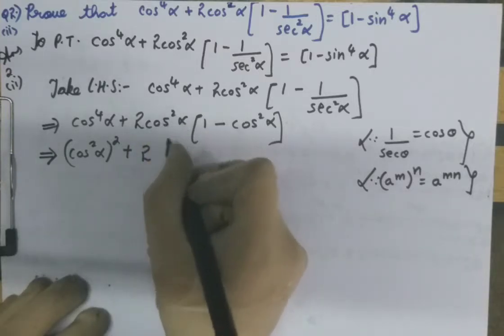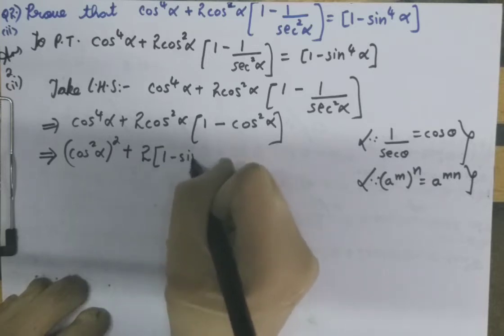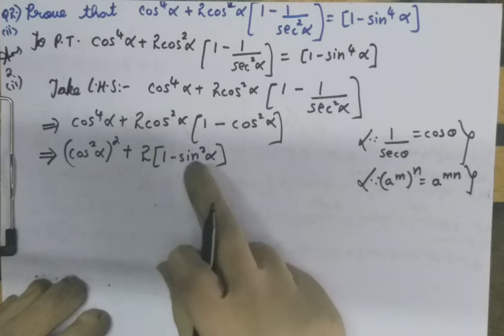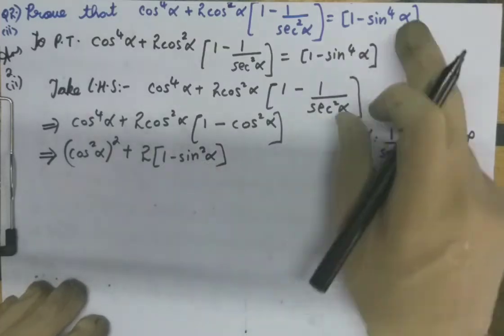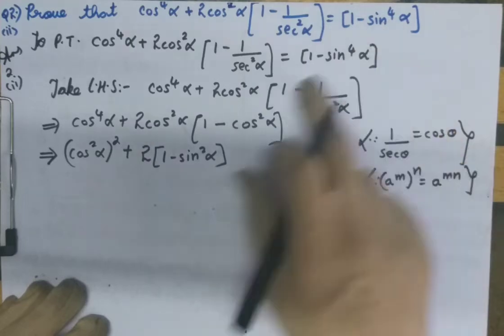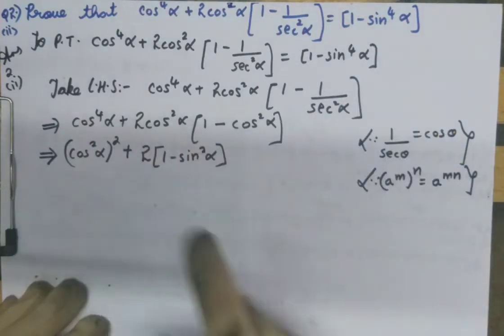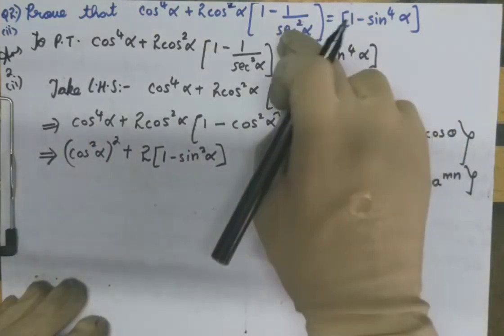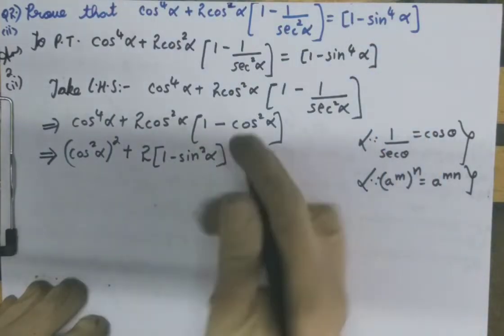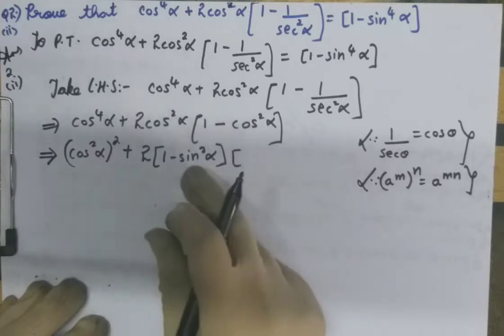here cos square alpha can be written as 1 minus sin square alpha. Why are we writing in terms of 1 minus sin square alpha? I'll tell you. Because the final answer which we require in RHS is in terms of sine. Okay, that is why we have to make all of these as sine. So you got the idea? First, we are converting this as cos. All are cos. Now all cos we are converting to all sine.